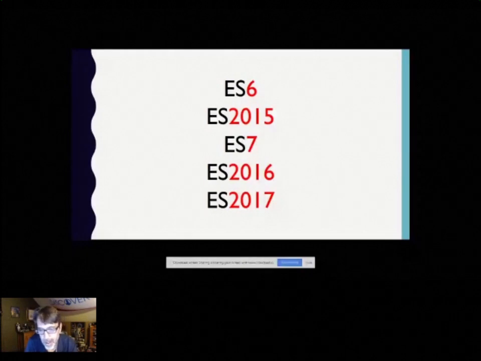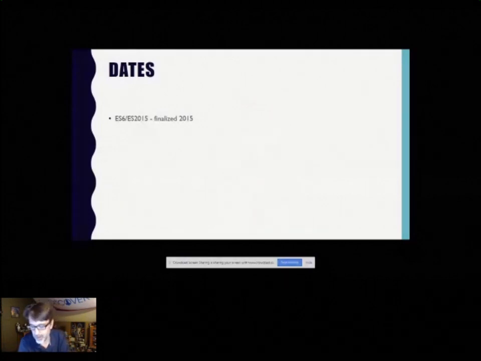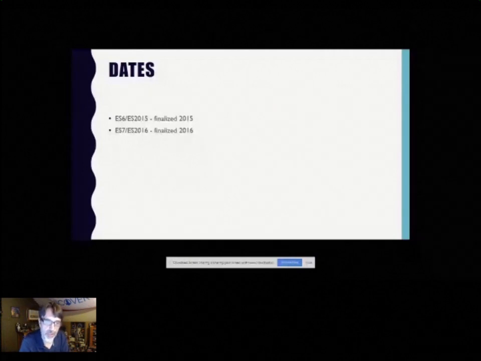And if there were an ES8, and you'll probably actually see ES8 in some places, that would be ES 2017. So to put some dates to this, and it kind of makes sense, ES6 or ES 2015 was finalized in 2015. ES7 or ES 2016 was finalized in 2016.